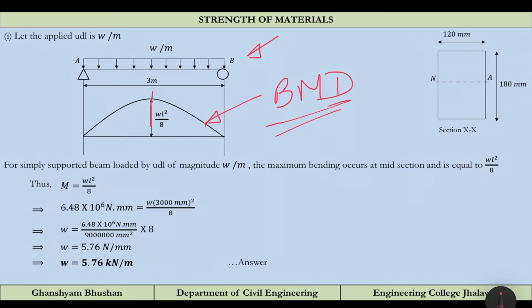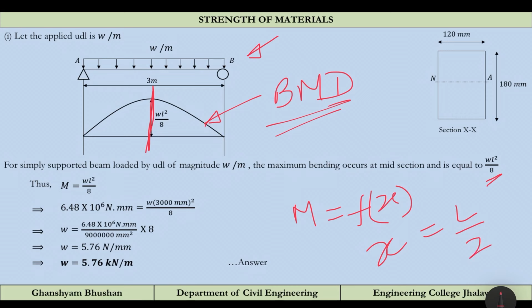Okay, so for this center point, the value of bending moment is maximum, that is WL square by 8. You can directly calculate these values. If you have any doubt, calculate the reaction and check the bending moment at the central point. You will get the maximum value. Or what you can do, write the bending moment equation in terms of x. It will be a function of x. Differentiate it, equate it to 0. You will get the value of x as L by 2. Then calculate the value of bending moment at that location. So this is the standard procedure.